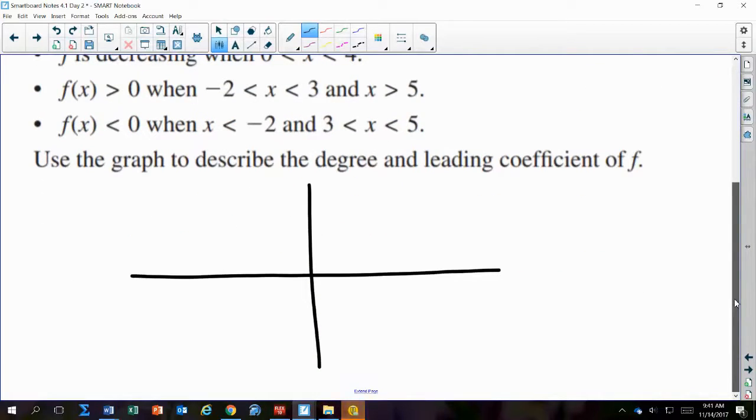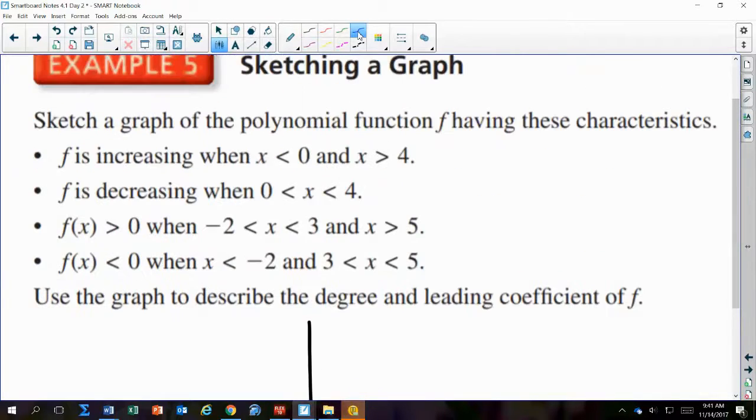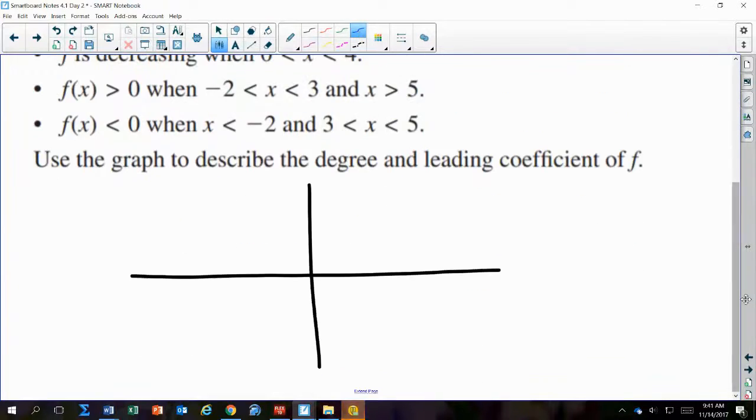I'm just going to make some markers here. This is where x was 0. I'm going to mark in where x would be 0. Okay, this is where x is 0. And I'm going to mark in where x is 4. 1, 2, 3, 4. Here's where x is 4. I'm just going to put a little marker in here. I'm not graphing anything. I'm just trying to block off chunks of my graph so I can label increasing or